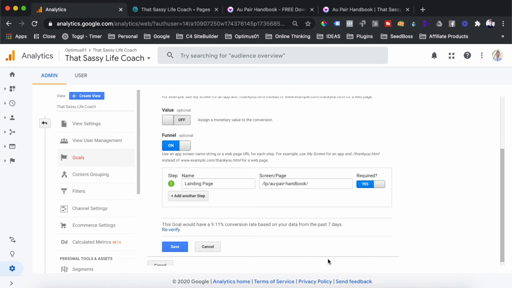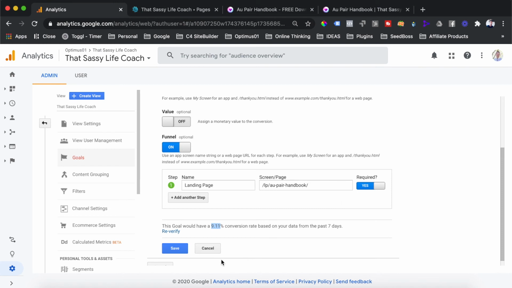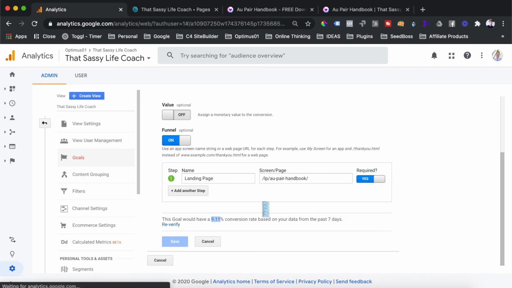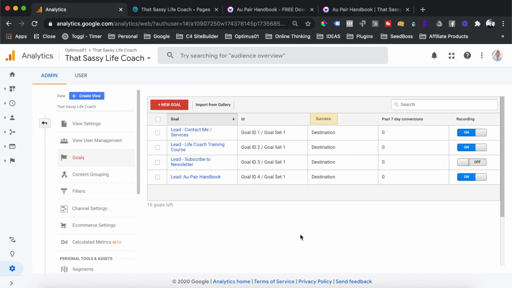If you have just set up your landing page and your thank you page on the site and no one has actually completed these steps, this conversion rate will be displayed to you as a 0% conversion. That is correct and is nothing to worry about. However, this landing page and thank you page was set up about a week ago, and we've already tracked about 60 conversions on these pages. So this is where this percentage is being pulled from. Once you have set up your goal, you can simply hit the save button, and Google Analytics will reload the page, and you will see our goal has now been set up as a lead for the au